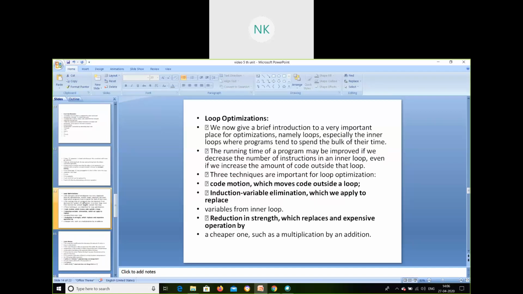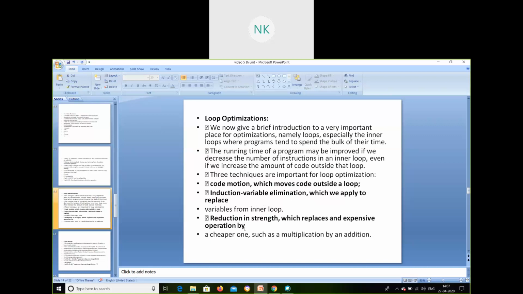For that, we have certain techniques. The techniques are code motion, the first one, and the second one is loop invariant computation or induction variable elimination.